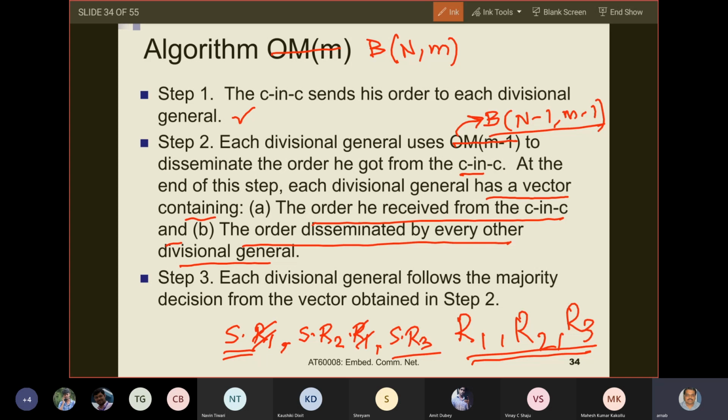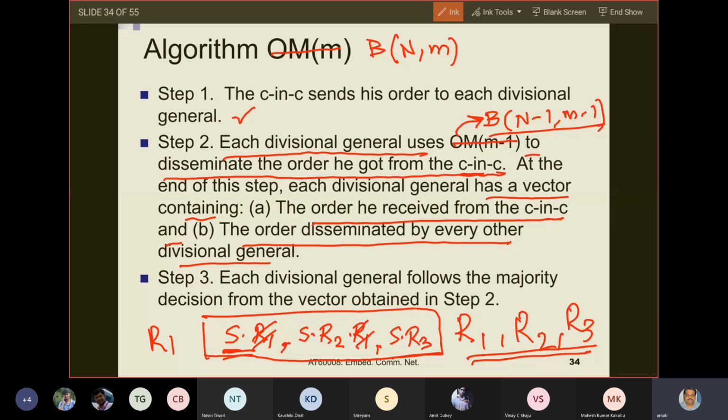So this is the command. S is the commander in chief, R2 and R3 are the 2 other controllers. I am at R1. So I have this vector of 3 outputs. One is the original output that I got from the commander in chief or the sensor. The other is the output that I received from R2 and R3, because each uses OM(m minus 1)